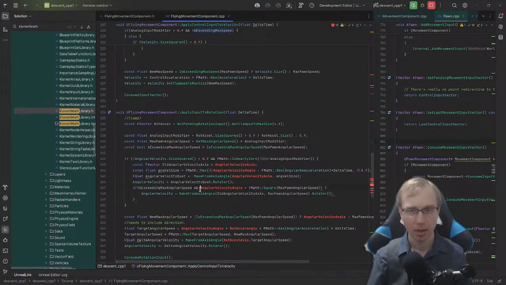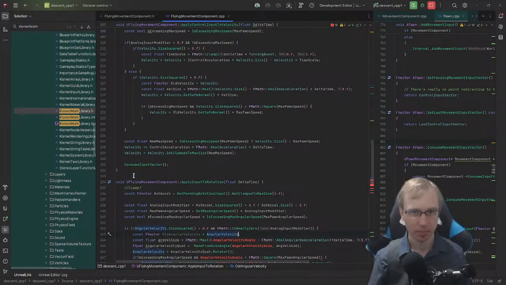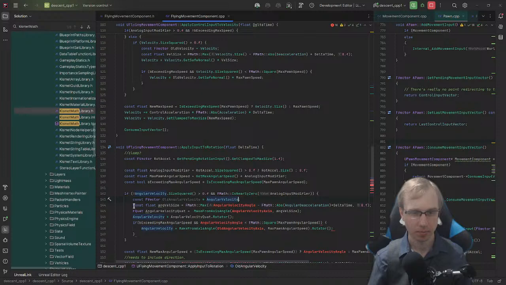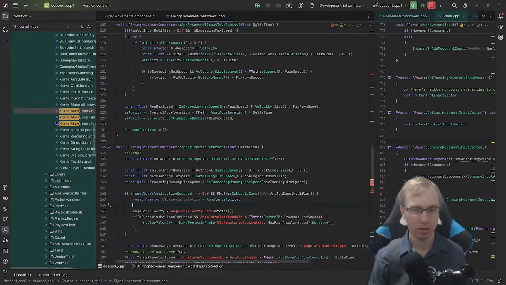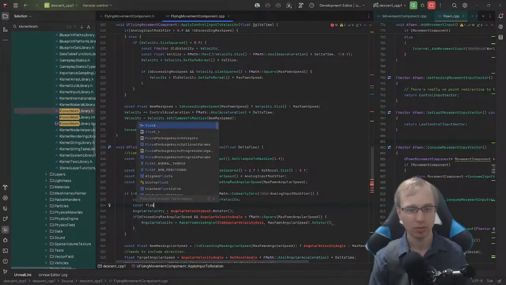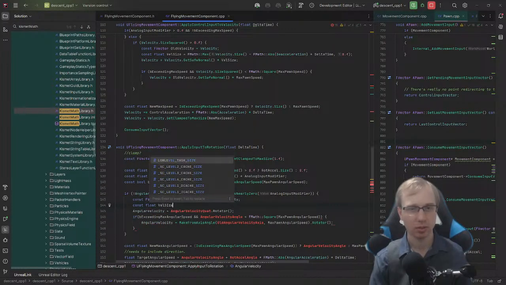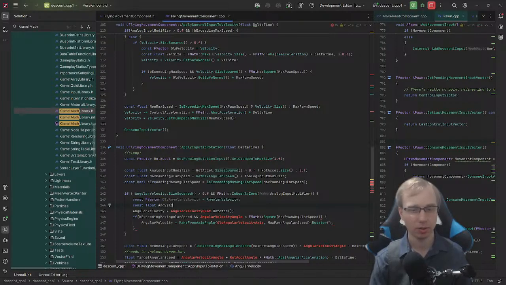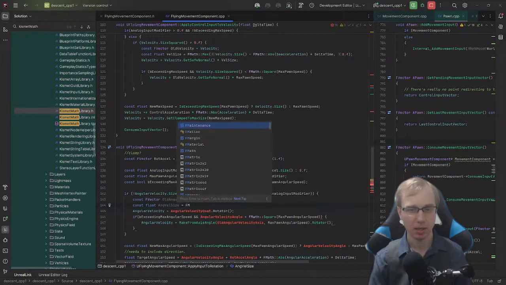Yeah, okay. So if we got this, then old angular velocity is equal to angular velocity. Delete that mess. Constant float angular velocity size is equal to the max